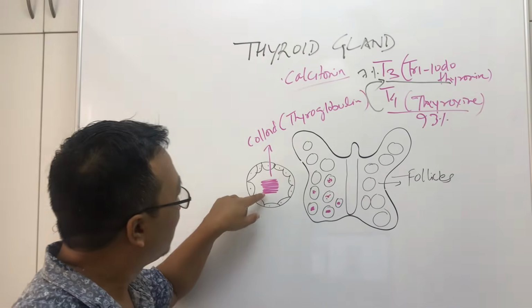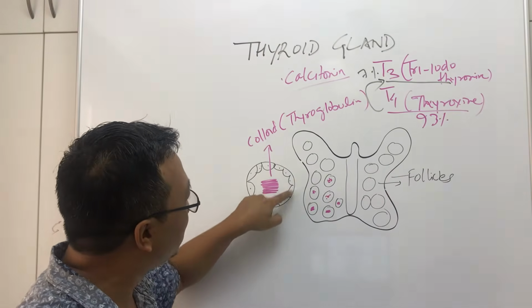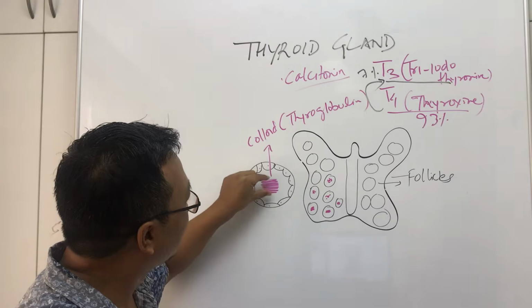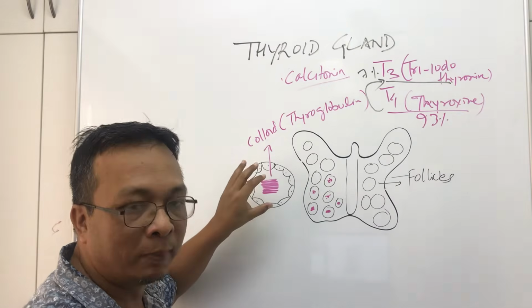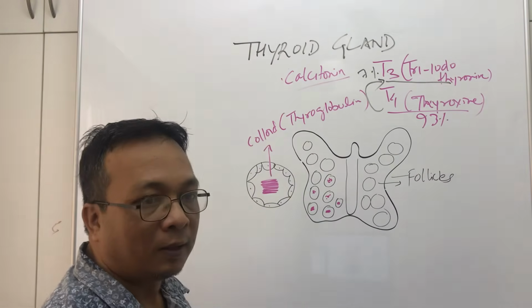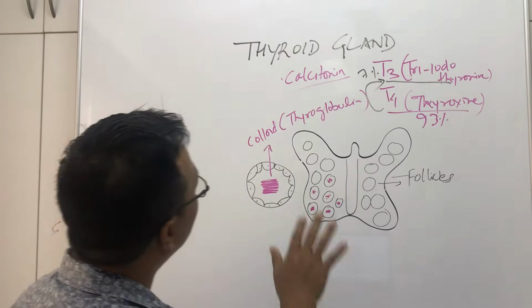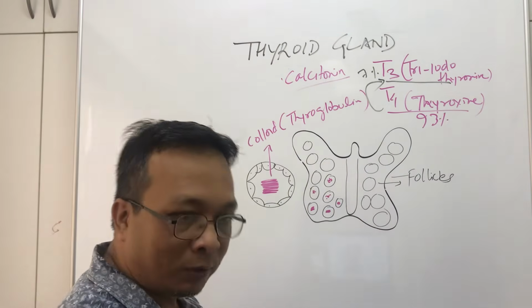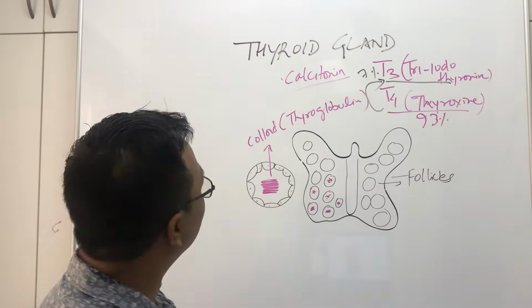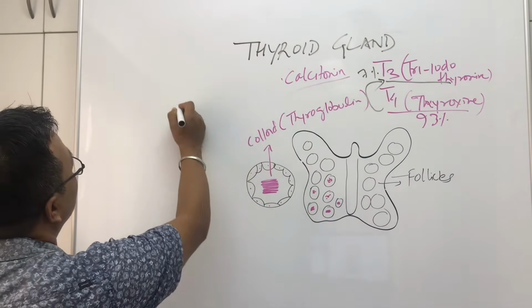Alright, so in a nutshell, these are the thyroid hormones secreted by the thyroid gland, which is composed of follicles, lined by epithelial cells, with colloid material inside. Now, the thyroid gland always comes as a long question. So when you introduce the thyroid gland, you have to write like this, and then you will start with its secretion.